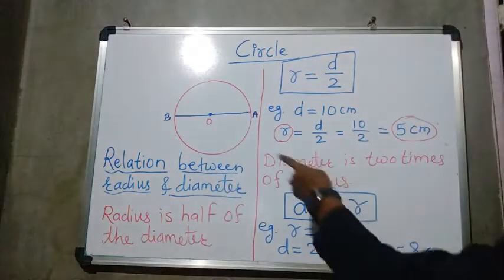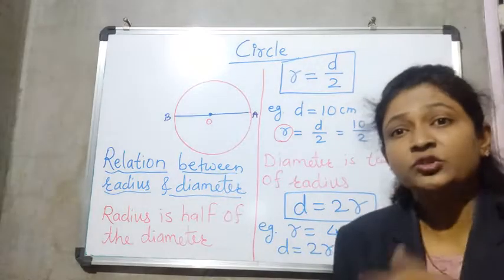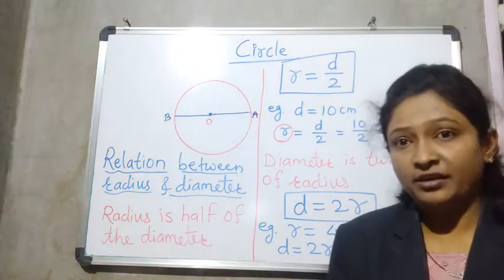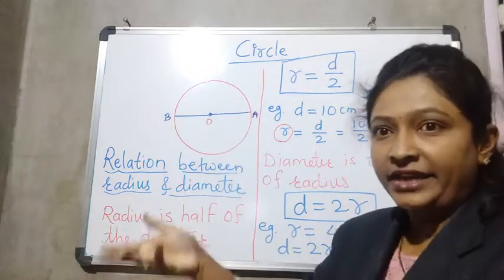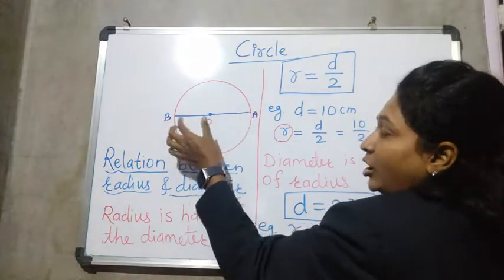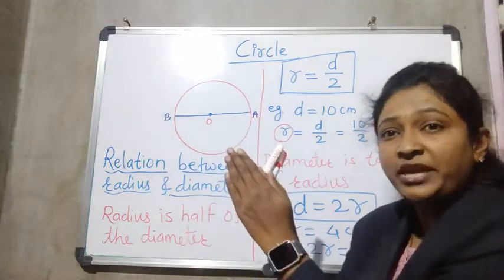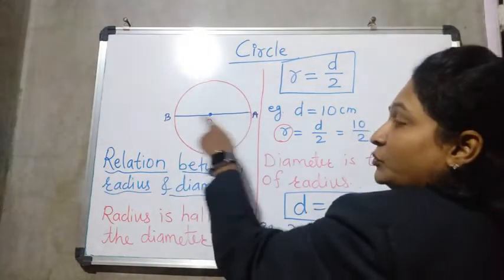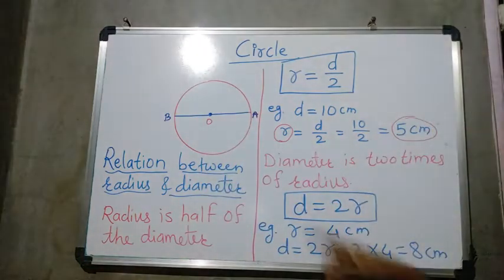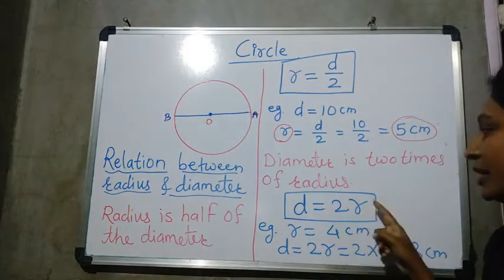Okay, same. Or you can write like this also, diameter is 2 times of radius. 2 times means 2 multiplied by 2, or double. Diameter क्या होता है? Double होता है radius के. Means see, OA is radius, और OB is radius, और दोनों मिलके क्या होता है? आपका diameter होता है. It means if we add 2 radius, then we will get diameter. So we can write like this also, diameter is equal to 2r, means 2 multiply r.